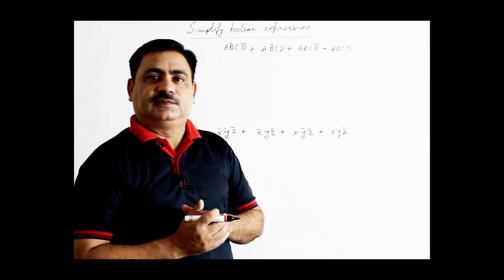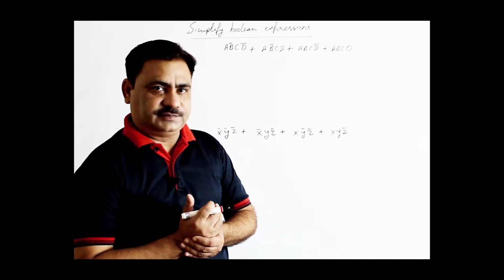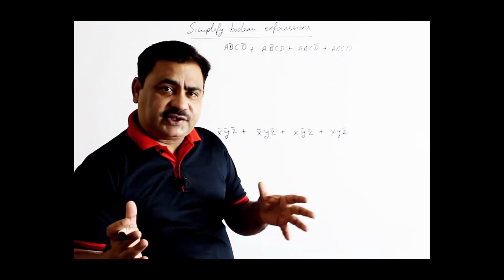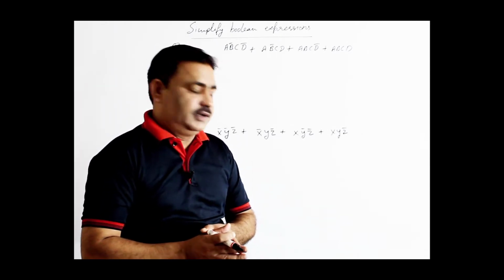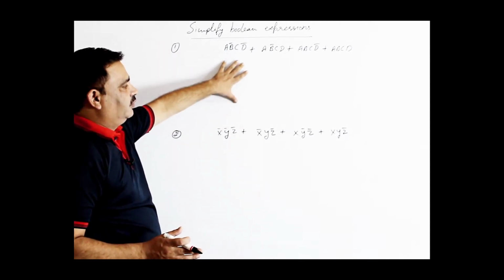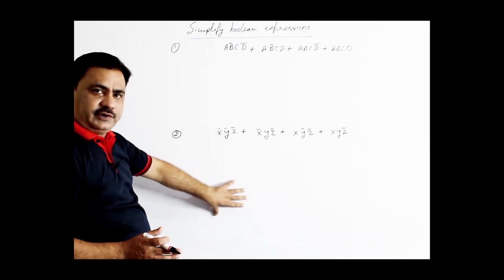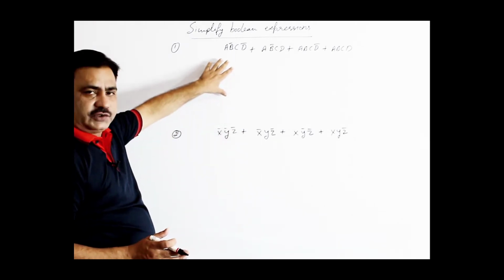Let's do some solution of algebraic expressions. If we have some expression, we can reduce it to the lowest form algebraically. See, this is the first expression that we have to reduce, this is another expression that we have to reduce here. Try to understand the way of reducing.